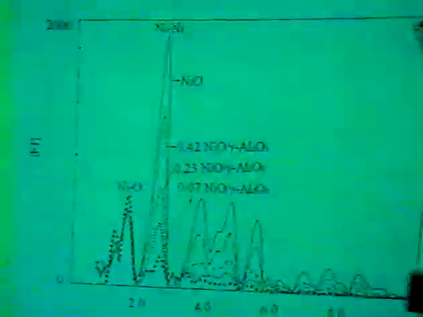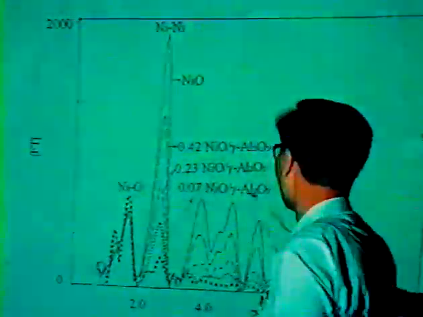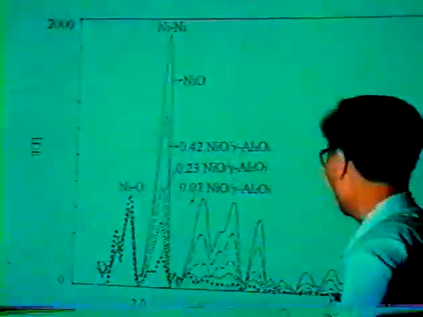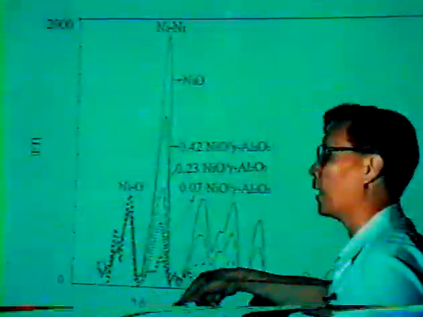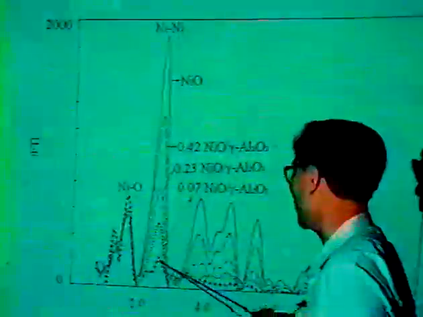So because nickel has a stronger electron scattering ability and the coordination number is high, the nickel-nickel peak is much higher than nickel-oxygen. But for the supported catalyst in the monolayer state,